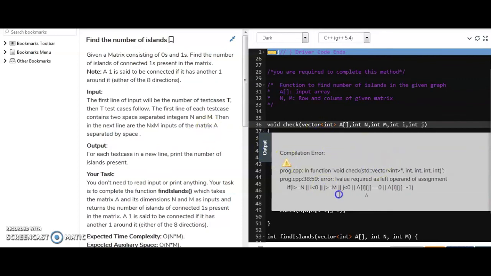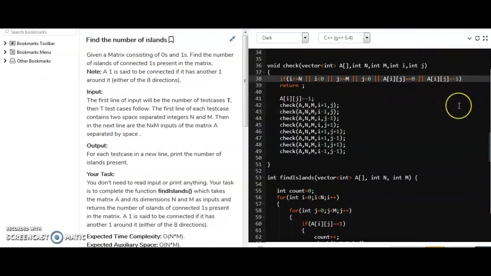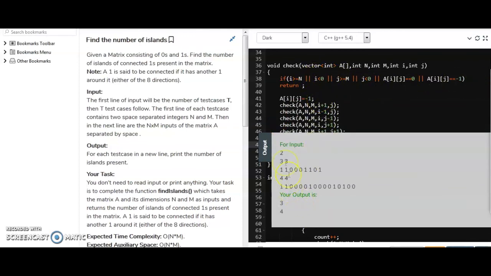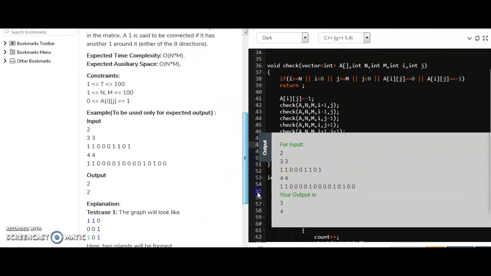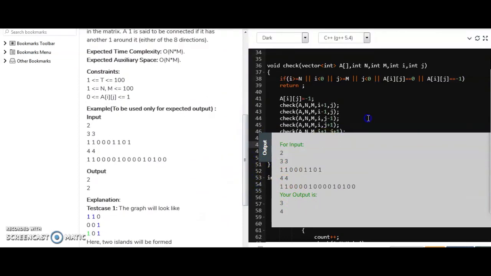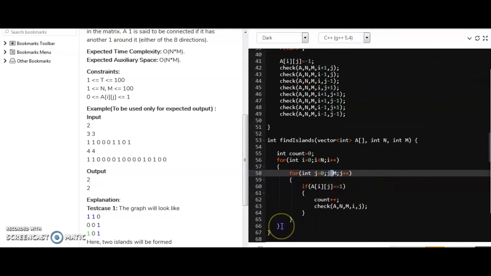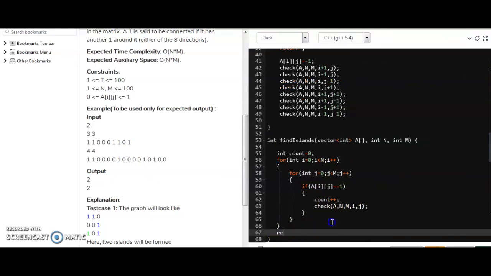So let's compile again and check. Also one or more errors. Let's see this. Yes, there will be one more equals to here, and yes. So I think now I have to compile it, we have covered all the errors. Yes, we are getting output 3 and 4, and let's see where we are making the mistake, because the output should be 1 and 2, right? I think because we haven't written the count here, so I think we have to return the count here.